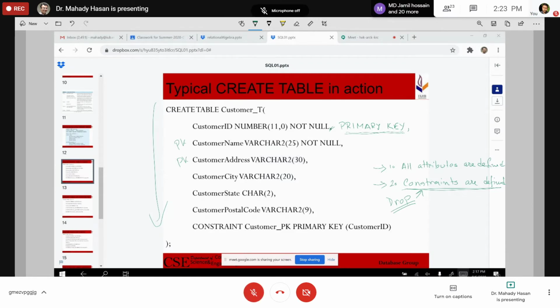What is a constraint? Some sort of rules and regulations that you want to enforce. For example, what does a primary key constraint mean? What will happen if something is a primary key? It is the primary identifier. That means it can't be repeated.